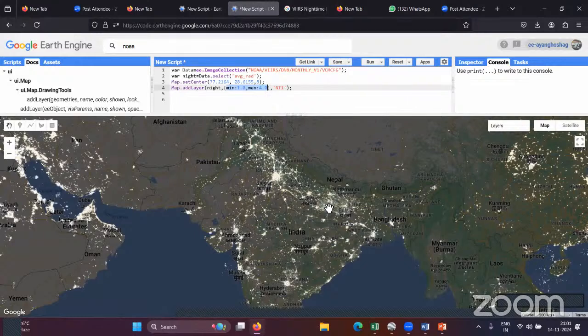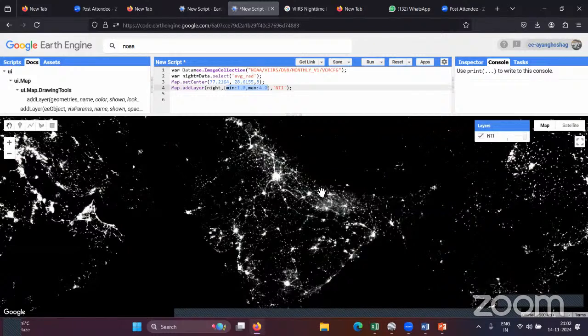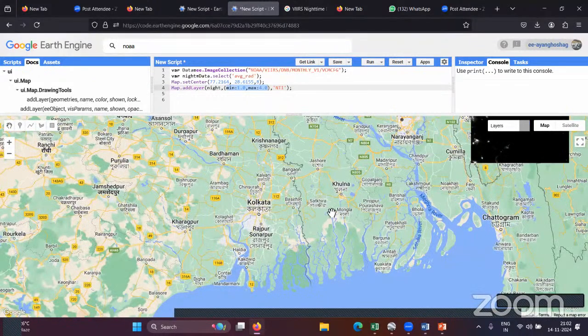So there is no hard and fast rule. You have to assign that value for the entire area, whatever kind of project you appear for. Let's say I want to see much more detail of Kolkata. With that value it will give lesser information. If I make it free, it will give much more information, much more information for Kolkata. That gives the actual